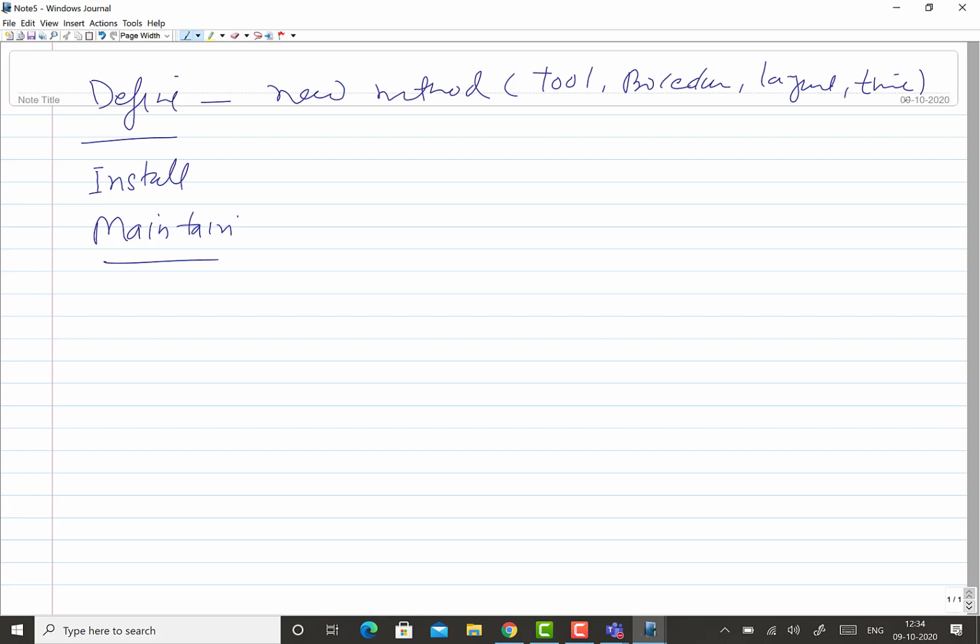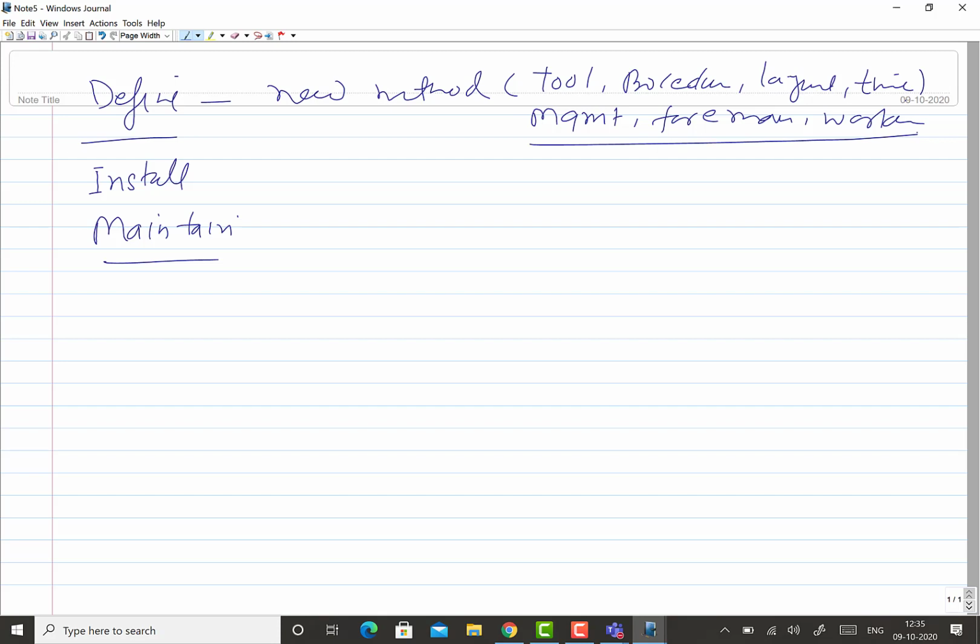Preparation of the documentation of the new method is extremely crucial, because based on this only the decision will be taken whether the management will agree, or the foreman or the shop floor people will agree, or the workers' representative will agree. So a proper case has to be prepared to make sure that the newly developed method is implemented, or it can see the light of day, otherwise it will remain on paper.